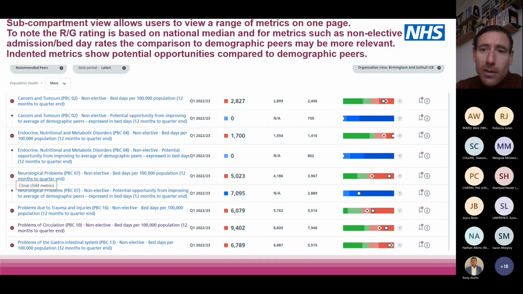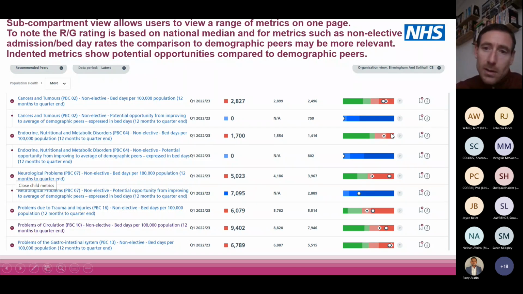So again, sorry, interrupted that second. We just had a good question about what population it is within these indicators. Yeah, great, thanks, Alex. So the population is based on the registered population, not the resident population. So patients who are registered at a GP practice within the sub-ICBs that fall under Birmingham and Solihull ICB.